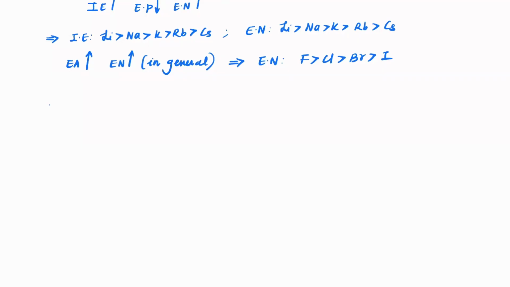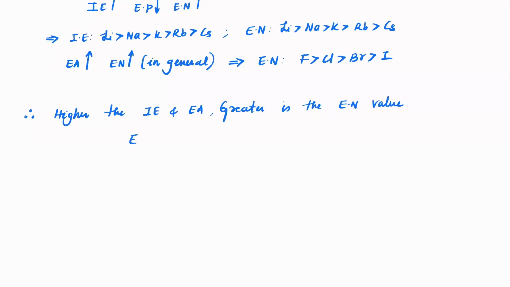Clear? So therefore, we can say higher the ionization value and electron affinity, greater is the electronegativity value, which you can clearly relate to the electronegativity of an element which is measured from